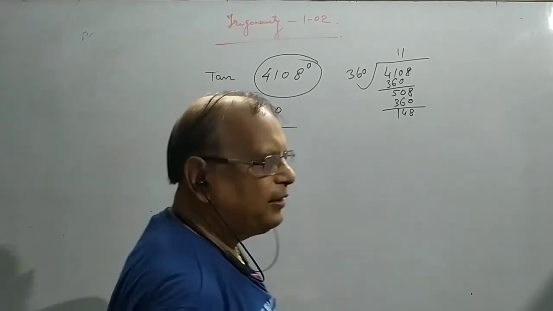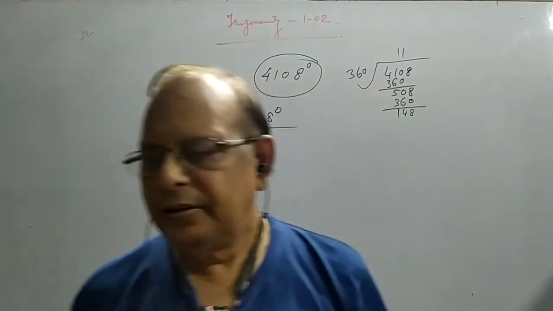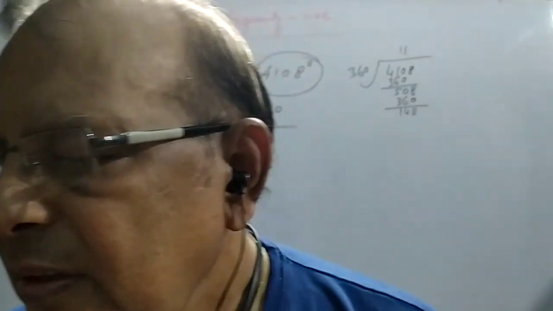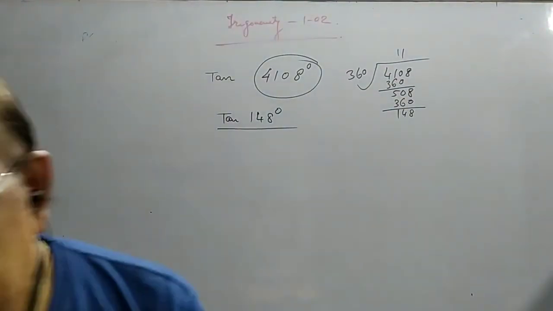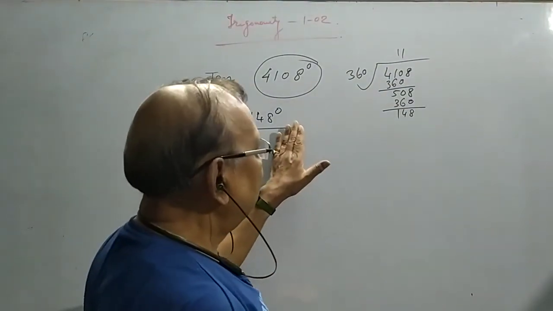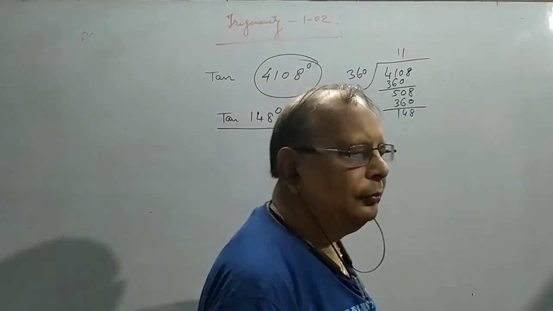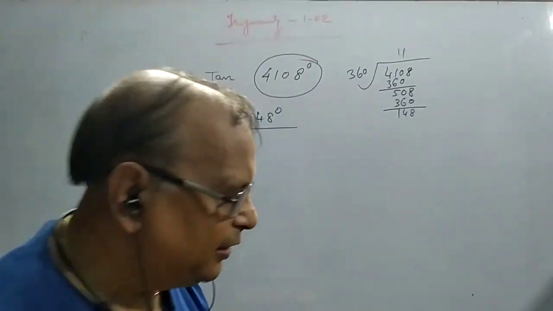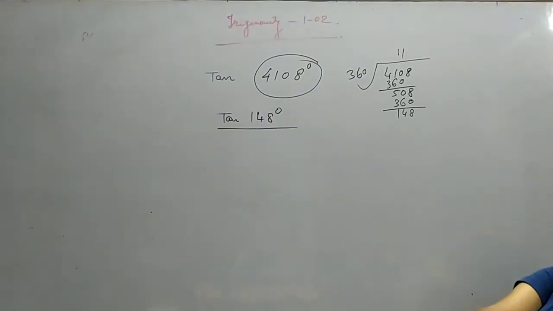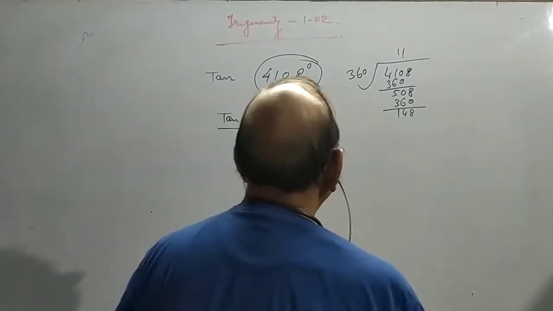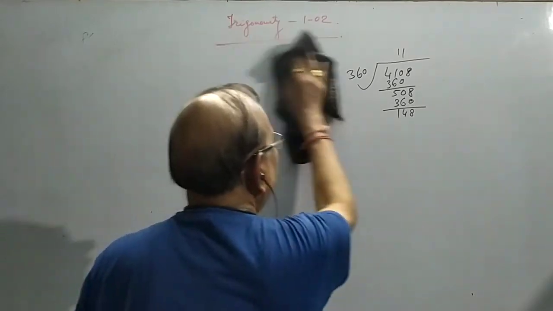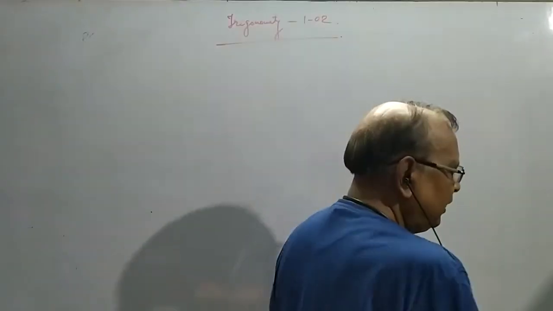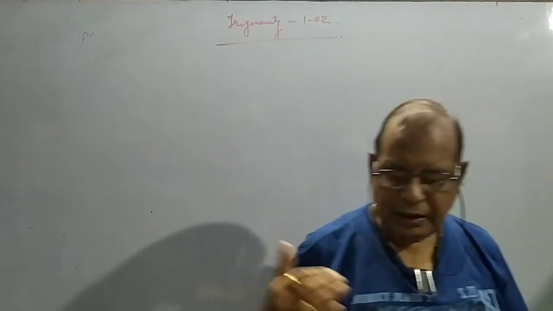Now 148 lies in second quadrant as it lies between 90 degree and 180 degree. Therefore, sign will be negative for tan. That is quite simple. तो ये साइन कौन से होंगे, ये बड़ा आसान है, कोई मुश्किल काम नहीं है. ये तरीका, ये मेथड अप्लाई करिए.